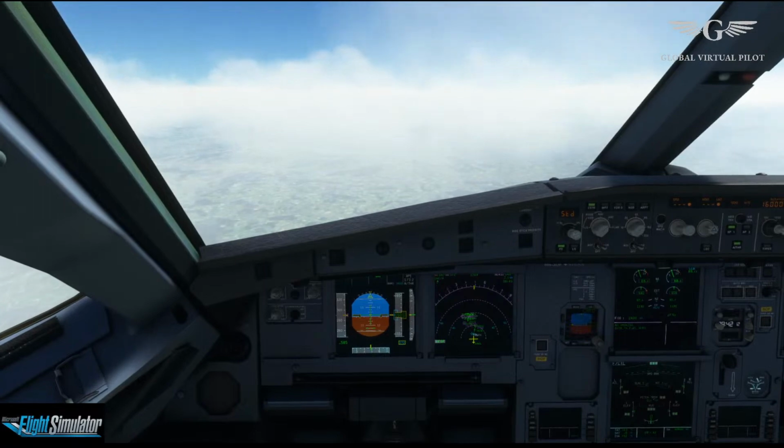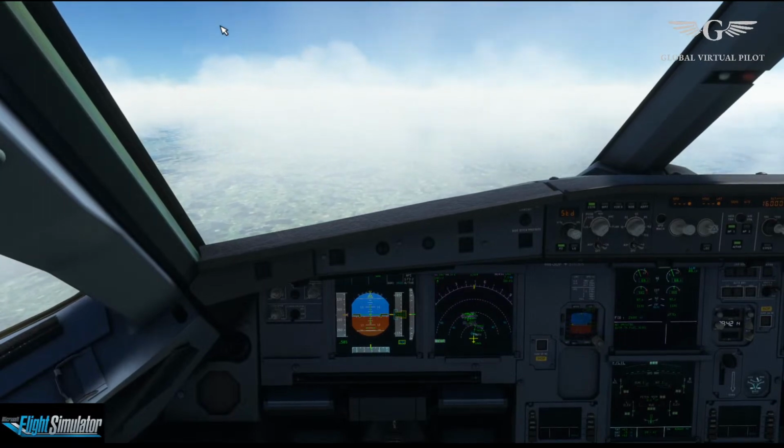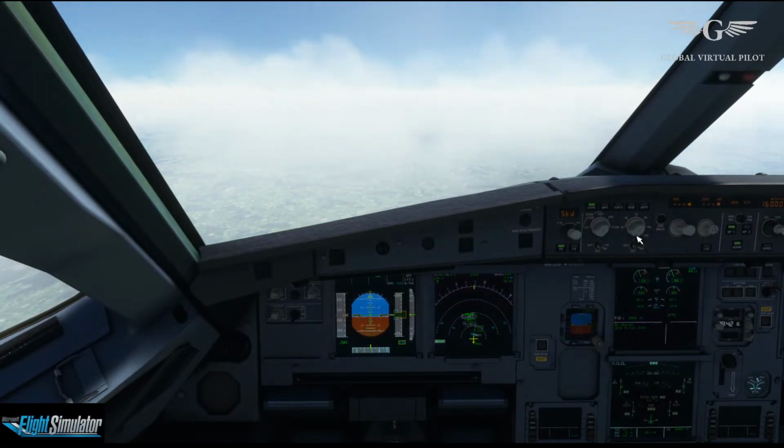Okay, now 9 miles to go. Let's check the start our descent